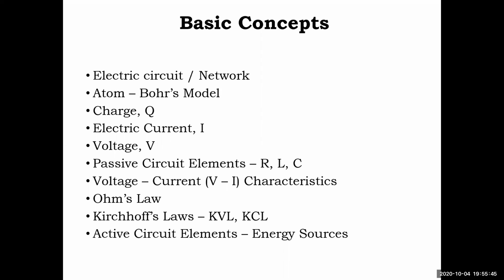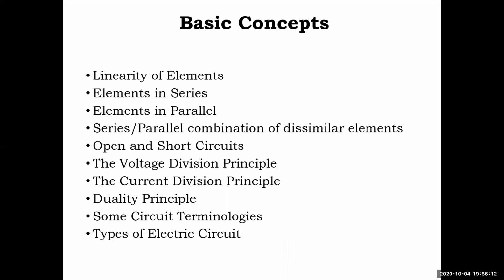Then we'll introduce the basic laws which are essential for electrical technology: Ohm's law and Kirchhoff's laws. Kirchhoff's laws, again, are Kirchhoff's voltage law and current law. Both we are going to just revise here. And then we'll discuss the second set of electric circuit elements called active elements, nothing but the energy sources, voltage sources or current sources. In the second part we will see some elementary operations on these elements: voltage source, current source, resistor, inductor, capacitor. Keeping these five elements in mind, we'll do these operations.